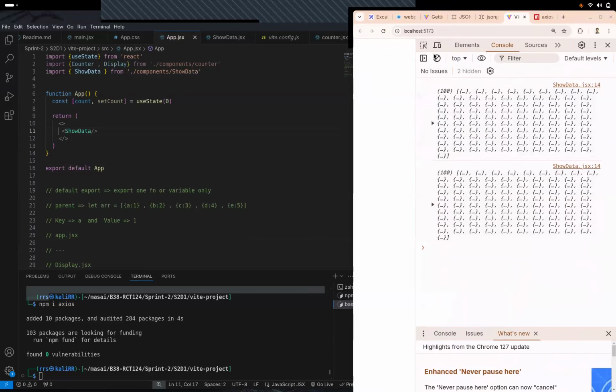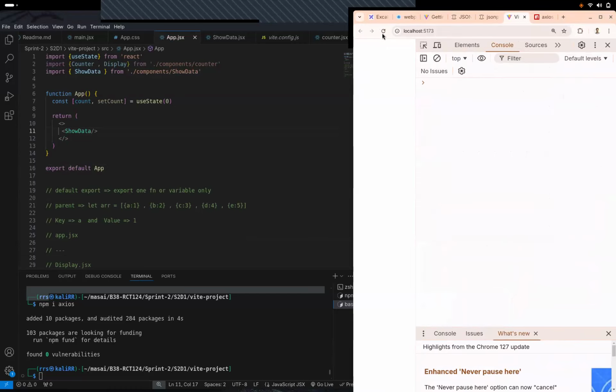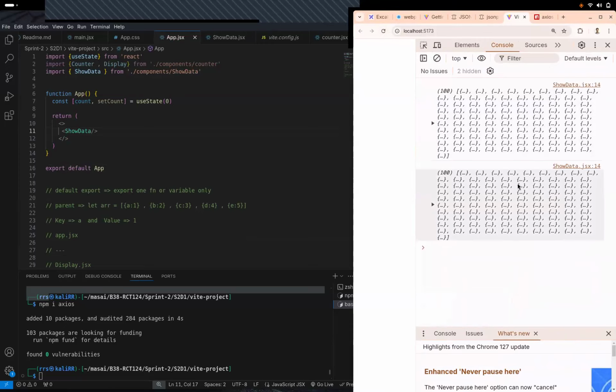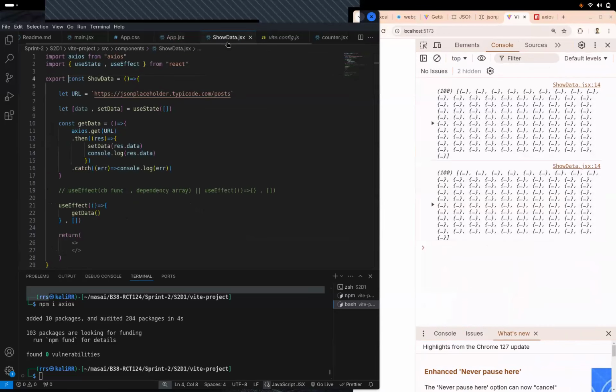Everyone, I'm going to clear this. I'm going to refresh the page. So again, the component will mount once again. How many times is that use effect running? Again, there's a small misconception that we'll have to deal with.